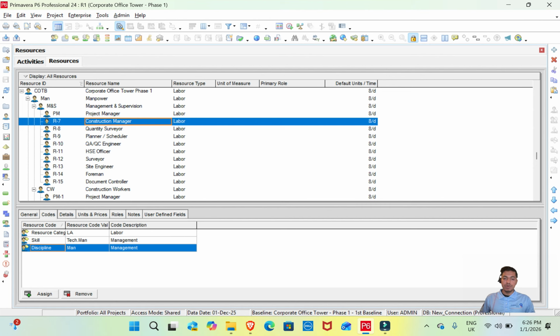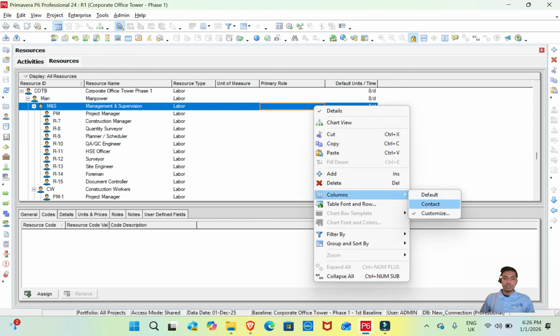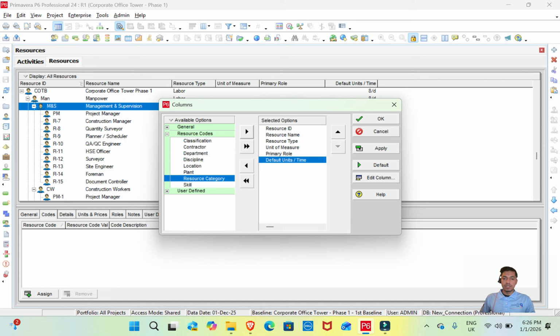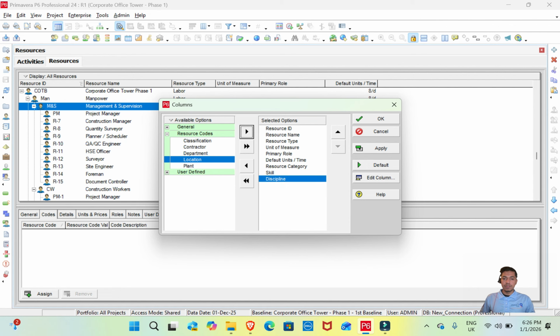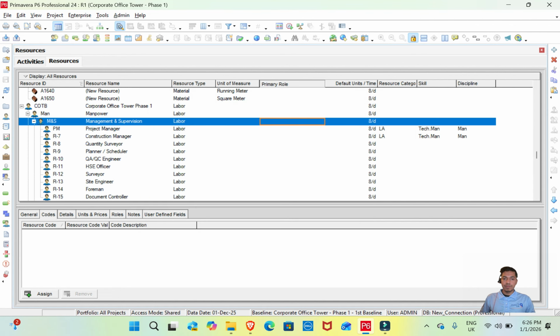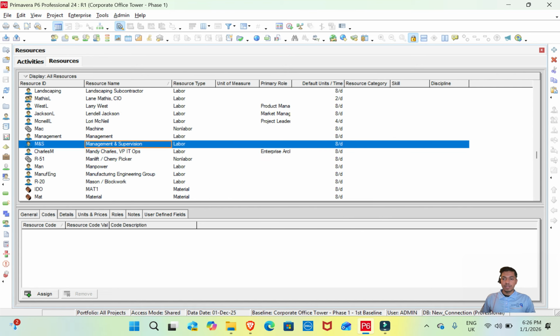For that, we need to put the columns. Right click, columns, customize. Under resource code, we have 3 of the category. One is the resource category, second is the skill, third is the discipline that we have made up. Apply, okay. Once we have customized all 3 columns, now I can show you how you can assign the codes using these